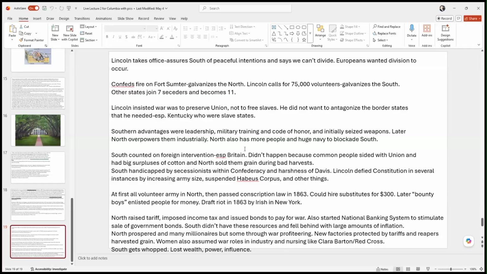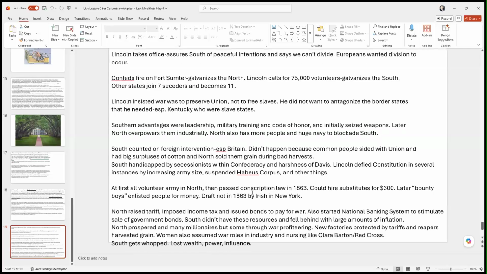The South lost really a lot of their political power, their sort of their place in the country. They really didn't regain that until the 1950s and 1960s because military bases were created in southern states by southern politicians in Congress, and that really began to bring in new tax revenue and things like that. But that's kind of the end of the Civil War, and I want to stop the sharing.